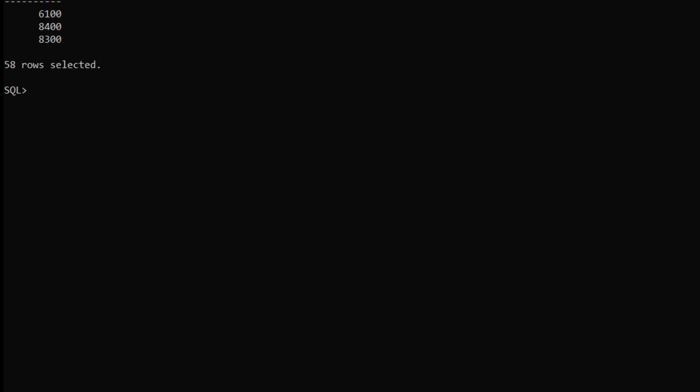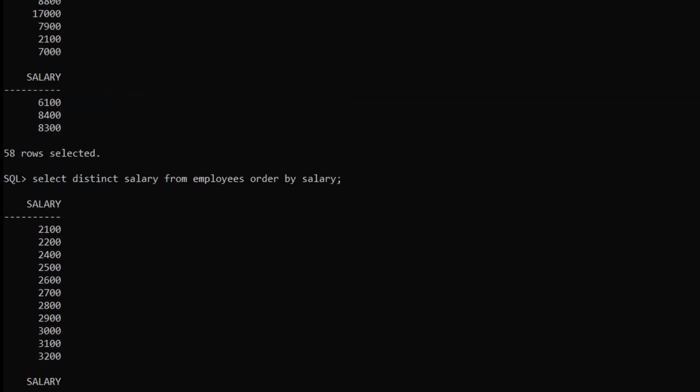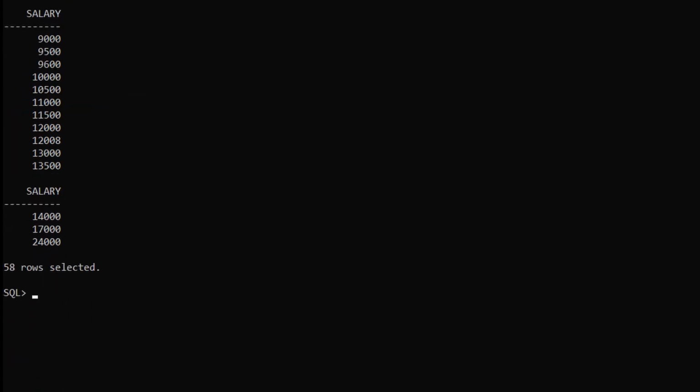To sort this data further, we will again use order by on salary. So it is further sorted in ascending order, and we will also give the condition where salary is greater than 5000.